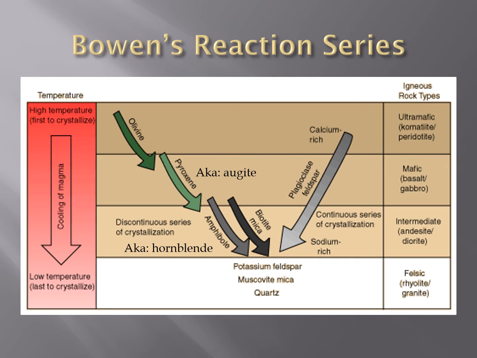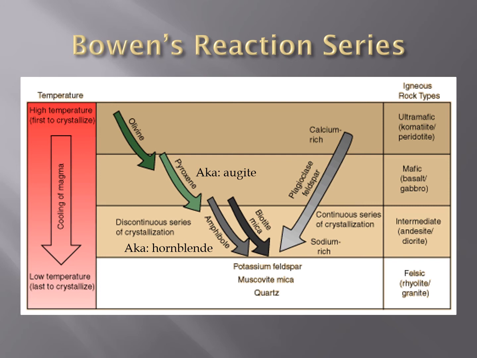A good way to remember this is to think dark to light. Ultramafic and mafic are going to be the very dark igneous rocks. They're going to have a lot of dark minerals within them. The felsic is where we have a lot of light minerals, and the intermediate, of course, is somewhere in the middle. And these occur at different temperatures, as we can see on the far left,